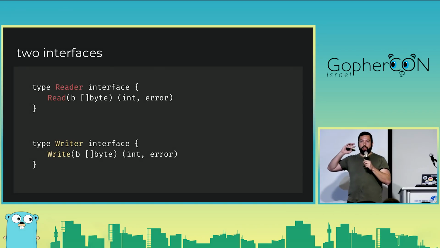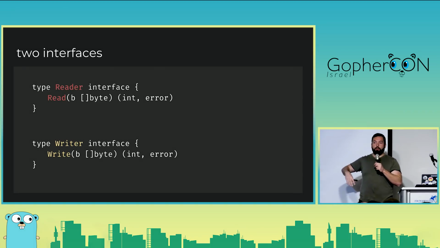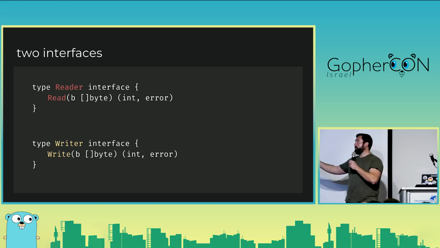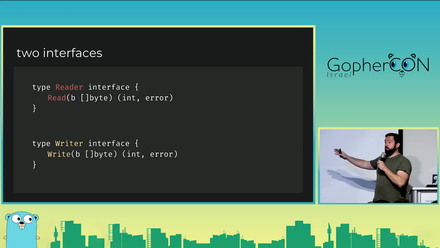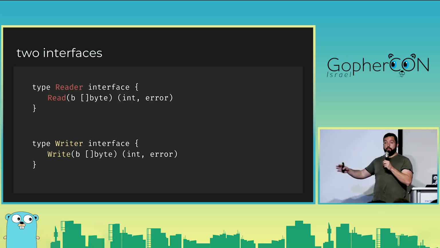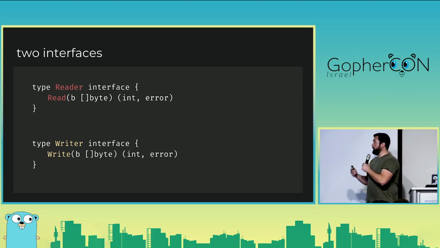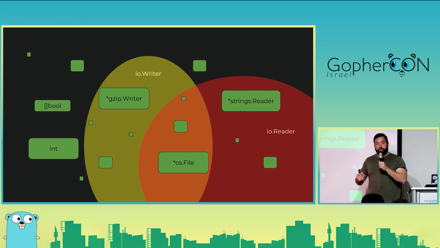So, two interfaces that I'm sure you've all seen, reader and writer. In reader you say, this is something I can read from, and these are the method types. And writer, it's the same thing, but the other way around. You can write into it. Cool. So actually, if you think about it, by describing the set of methods they need to satisfy, you're creating